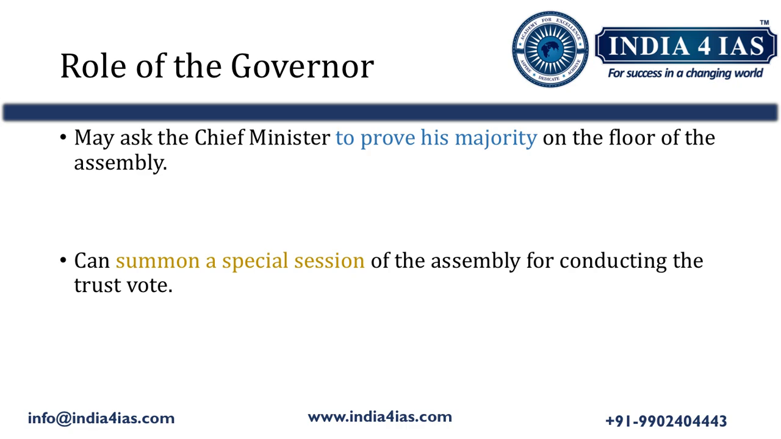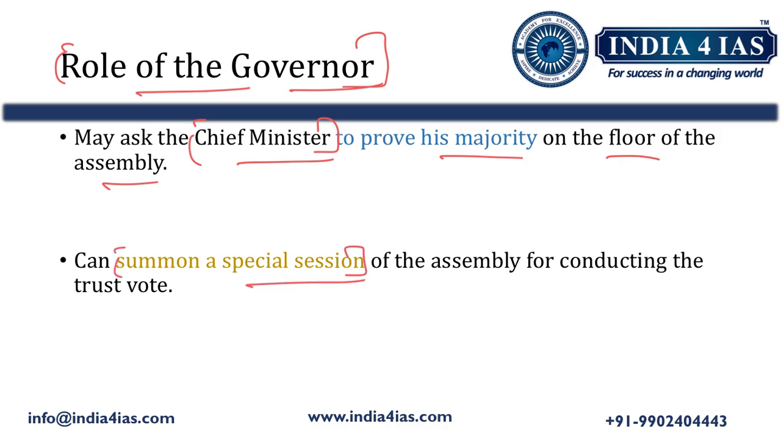So now we will look into the role of the governor during the trust vote process. The governor may ask the chief minister to prove his majority on the floor of the assembly. So it is the governor who asks the chief minister to prove his majority on the floor of the assembly. Then he can also summon a special session of the assembly for conducting the trust vote. So it is the governor who summons the special session of the assembly for conducting the trust vote,